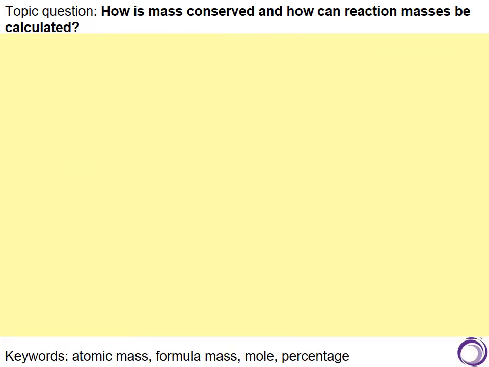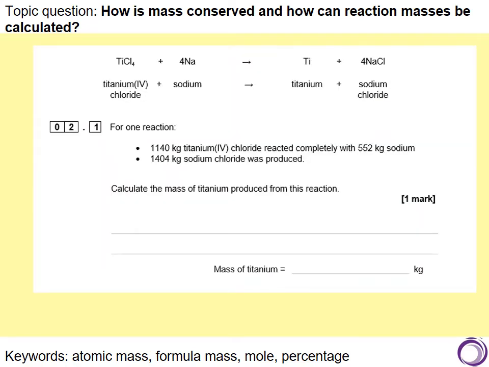This can be employed then in examination style questions. So here we see that titanium chloride reacts with sodium to produce titanium and sodium chloride. In the reaction it tells us that 1140 kilograms of titanium chloride completely react with 552 kilograms of sodium. This produced 1404 kilograms of sodium chloride, and the question then asks you to calculate the mass of titanium produced